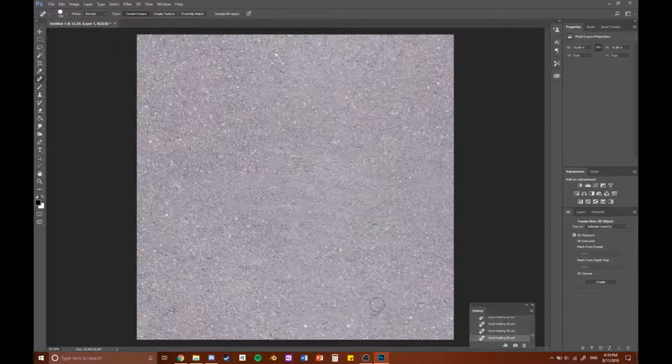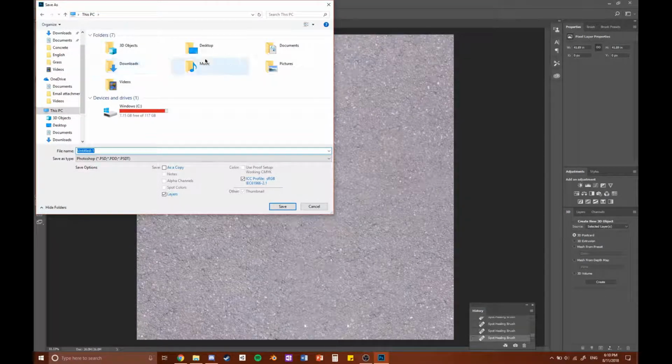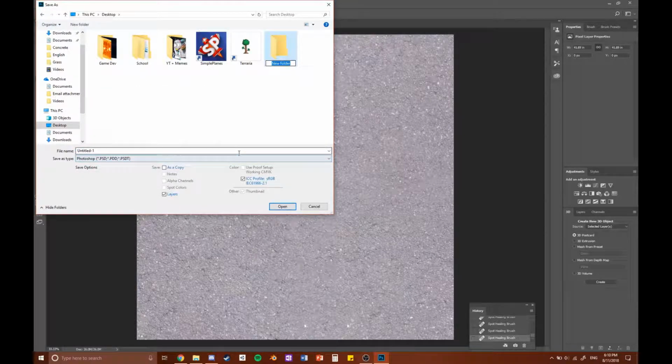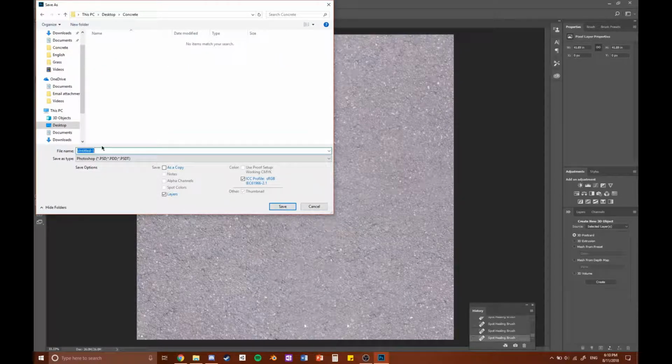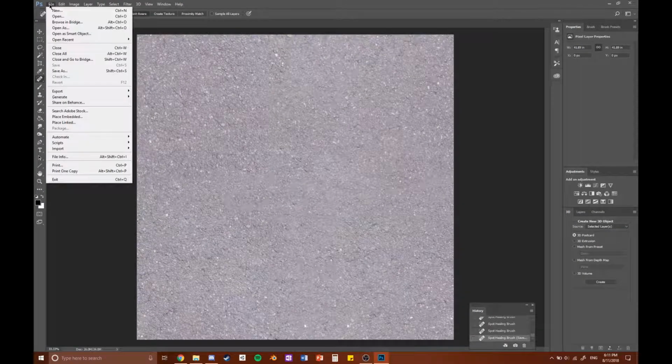And there, I am very happy with that image, so what I'm just going to do is go File, Save As, and I'm going to go to a folder that I want, so I'm just going to create a new folder on my desktop. Let's call this texture, or actually let's call this concrete. So I'm going to open that up, I'm just going to call this file the concrete file, and now that it's saved as a Photoshop file, we can also go Save As,